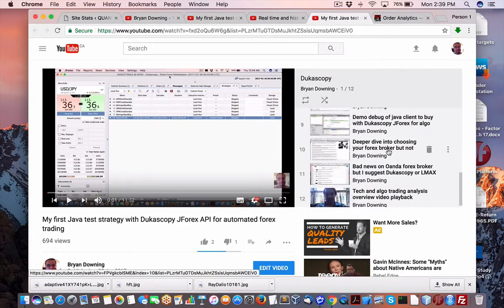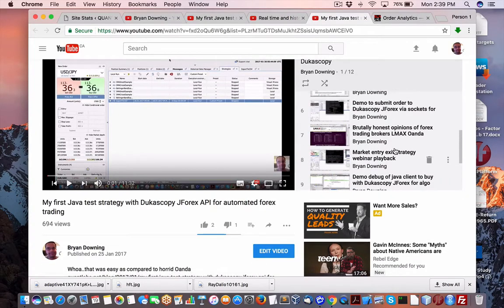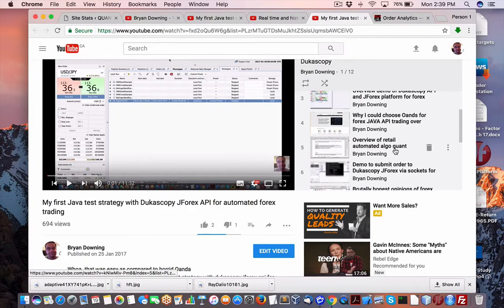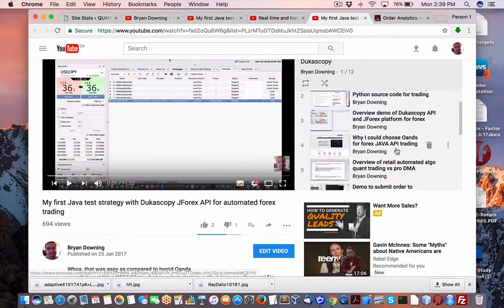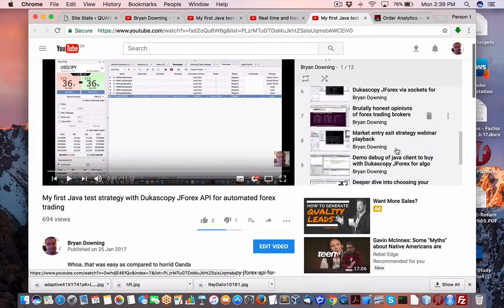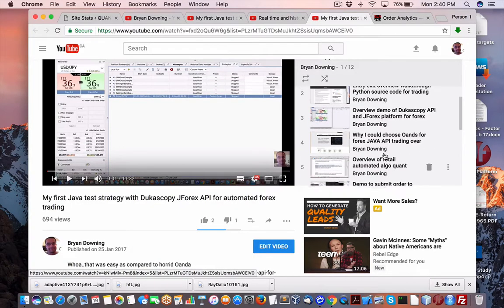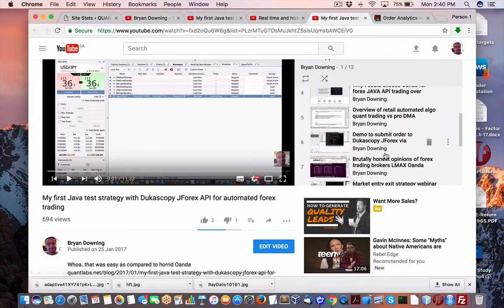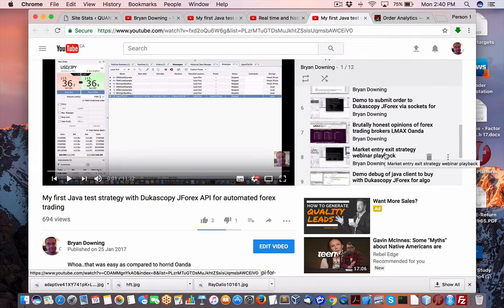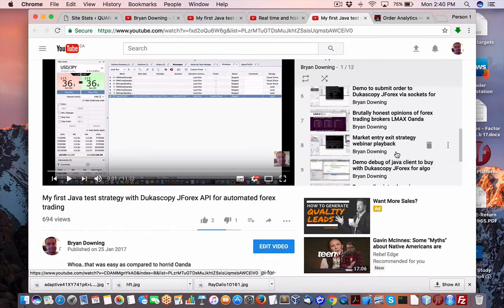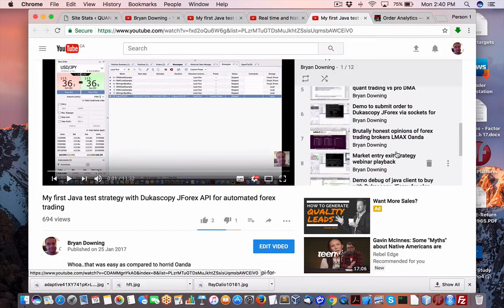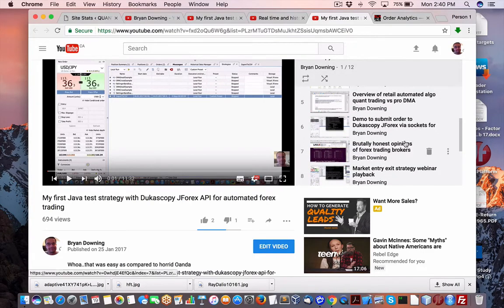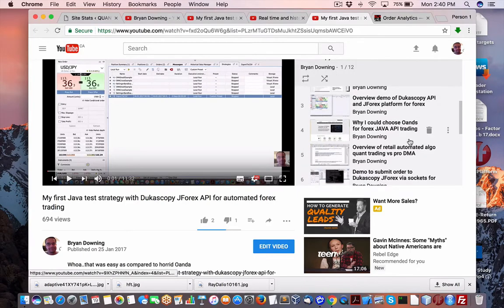I haven't really checked into them in the last few years, but I've heard some of their funding's kind of weird, where you have to get your account stored in Cyprus or some weird area. So I have to verify that. But for now, I think Dukas Copy is a better place. And the big lesson to be learned from all of this, if you're new and going into automated trading, you want to go with a broker that requires very little amount so that you can test your strategies and your algos and your trading ideas, try to get them to a point where they're fairly rigid and consistently work in whatever market.